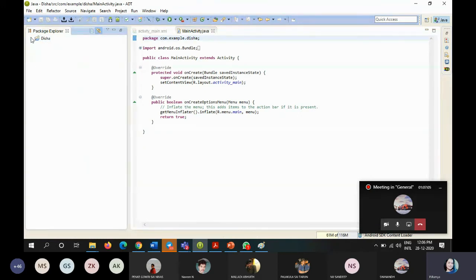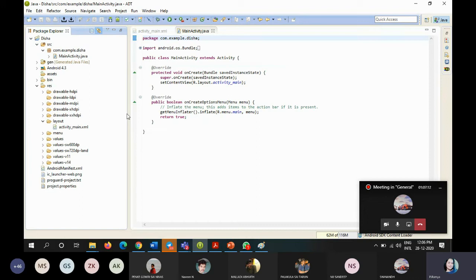Before going to create, before executing any application, firstly you have to know what is the Package Explorer. It is a very important question while attending an interview also. For example, if you place Eclipse in your resume within the platforms interested, the first and foremost question the interviewer is going to ask is, could you please explain Package Explorer in Eclipse platform? That is a major important question asked in the interview.